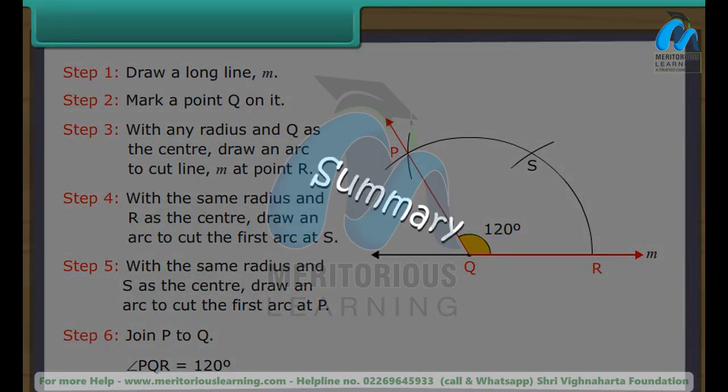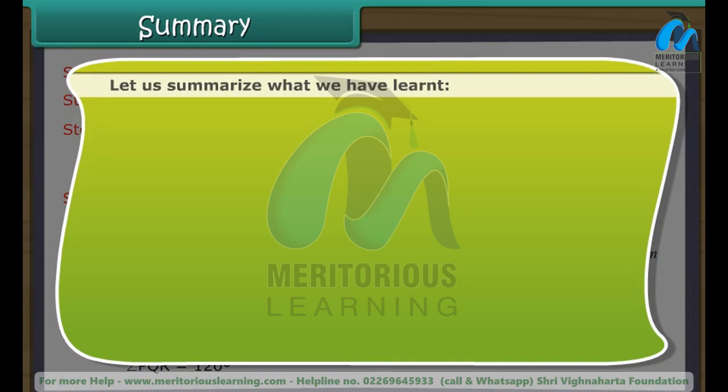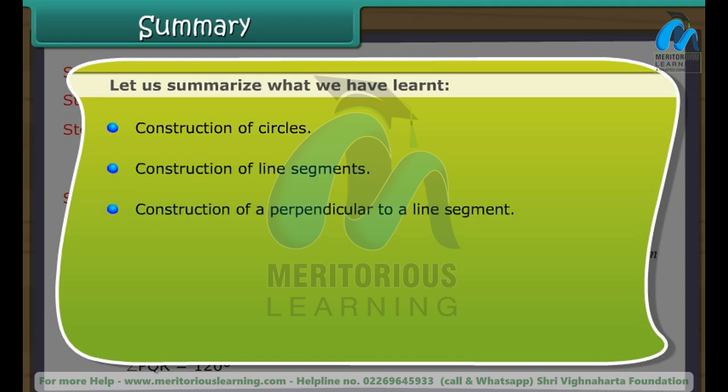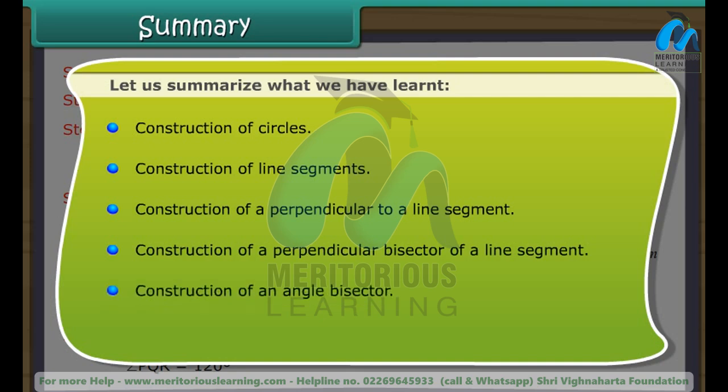Summary. Let us summarize what we have learnt. Construction of circles. Construction of line segments. Construction of a perpendicular to a line segment. Construction of a perpendicular bisector of a line segment. Construction of an angle bisector. Construction